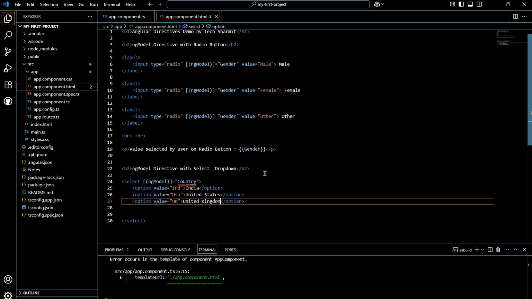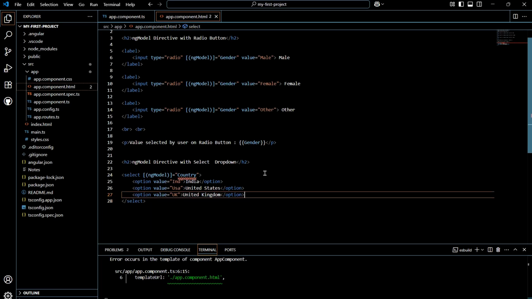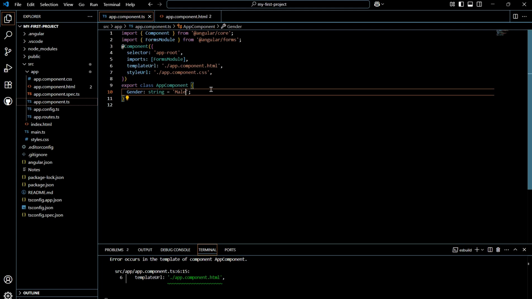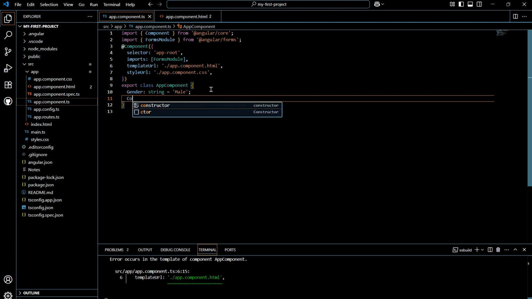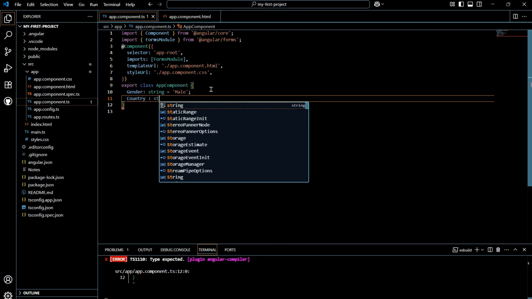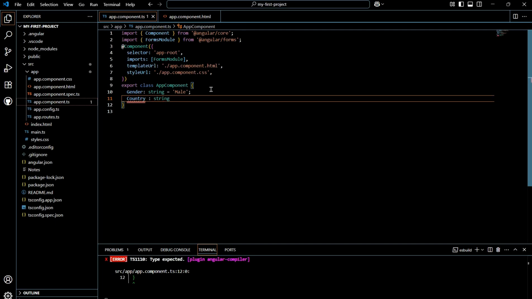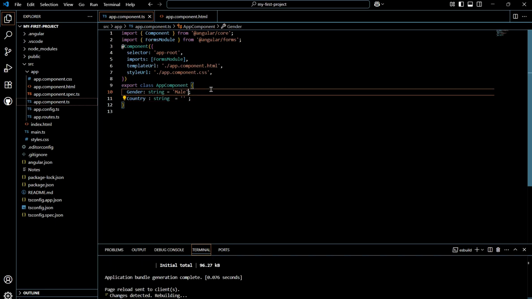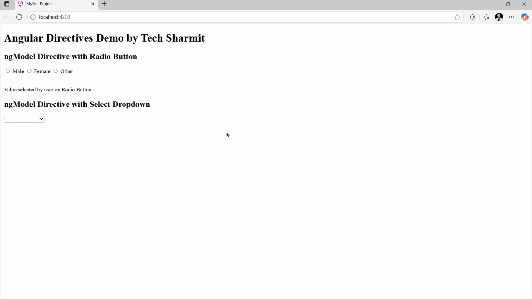Perfect. Okay, now you can simply save it, and let's go to app.component.ts file, because here we are supposed to define the country variable. In country we will write string and set the value as blank. Here also we will remove it from gender. Perfect. Now you can refresh it. So here you can see ngModel directive with select drop down. Here we have select